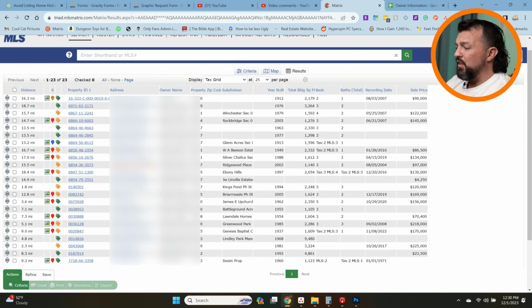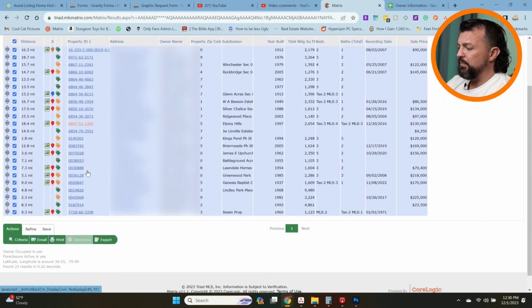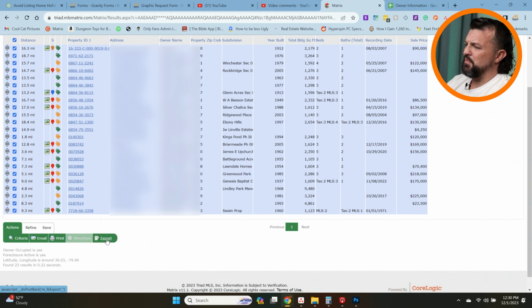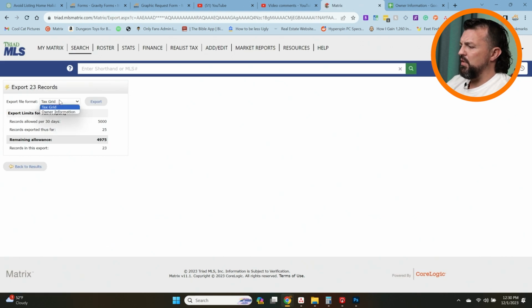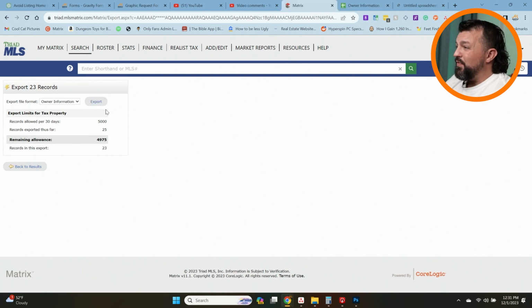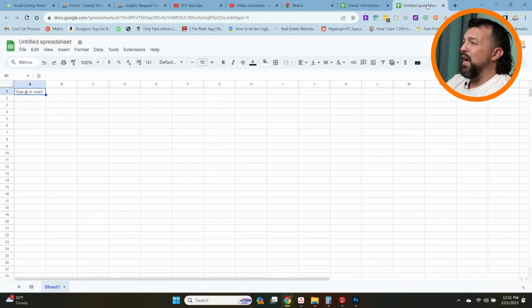All right, so we've clicked results right here and now we've got 23 that are actively going in foreclosure. So how do I get this list? I'm going to take this and select all, and then I'm going to go down here to export. When I go to export right here, I'm going to go to owner information name and I'm going to hit export. So after I hit export, it sends me the CSV file,